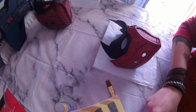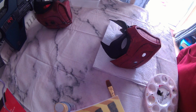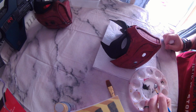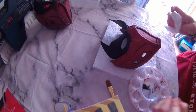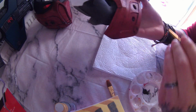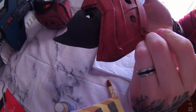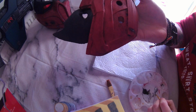like so, and then this is where we're going to go in with a little bit of dry brushing, just on those black scuffs that I did. Okay, and I'm just going to get a little bit on the end there, and wipe a little bit off. I don't want to wipe off too much, because you want the silver to be quite prominent. So I'm going to go with this bit first, because this is the first bit that I did before, and then just kind of going over like a random line. Don't have to be that neat. Get a little bit more silver on there,